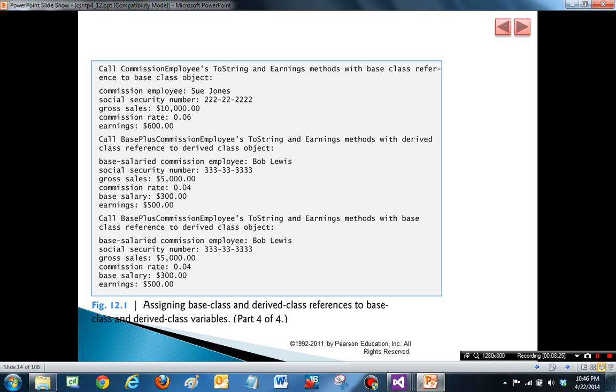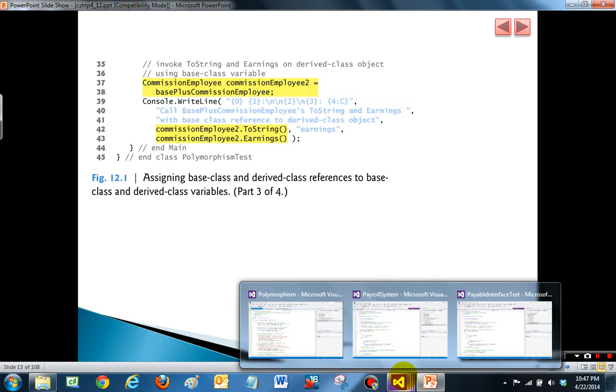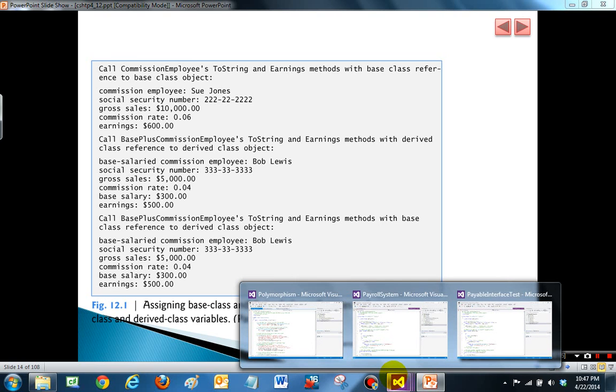So the first two are fairly straightforward, but the third one is when we have a base class type variable and we assign to it a derived class object reference. If we wanted to do this the other way, we would have to perform an explicit downcasting. So let's look at this program,